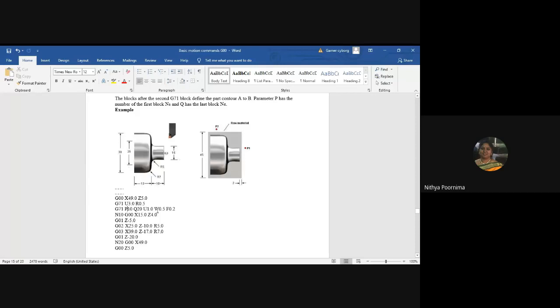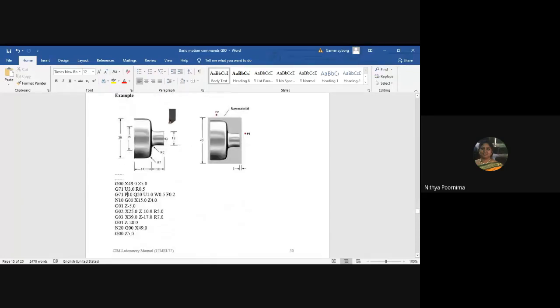And F will be the feed value, so you can give a feed rate of 0.2, so I'm going to give the feed rate of 0.2, and then write the program of what operation is going to take place. Like it is going to go through G0, linear interpolation, then circular interpolation clockwise and circular interpolation anti-clockwise, then linear traverse, then rapid traverse, and you are stopping the program, right? You're going to give a rapid traverse here, right? So this will be the structure of the program when you use G71.